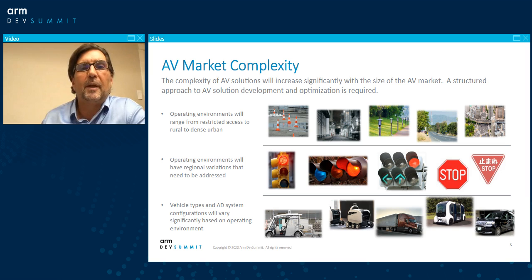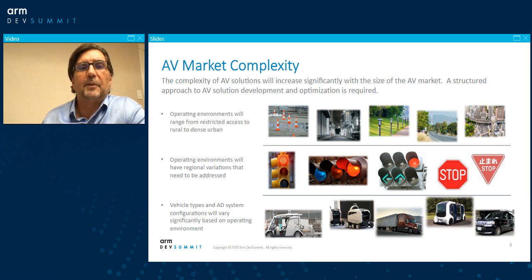This will range from restricted access type environments such as industrial complexes, factories, through rural, suburban, highway type uses, all the way to dense urban city environments, where in each one of these cases, the requirements